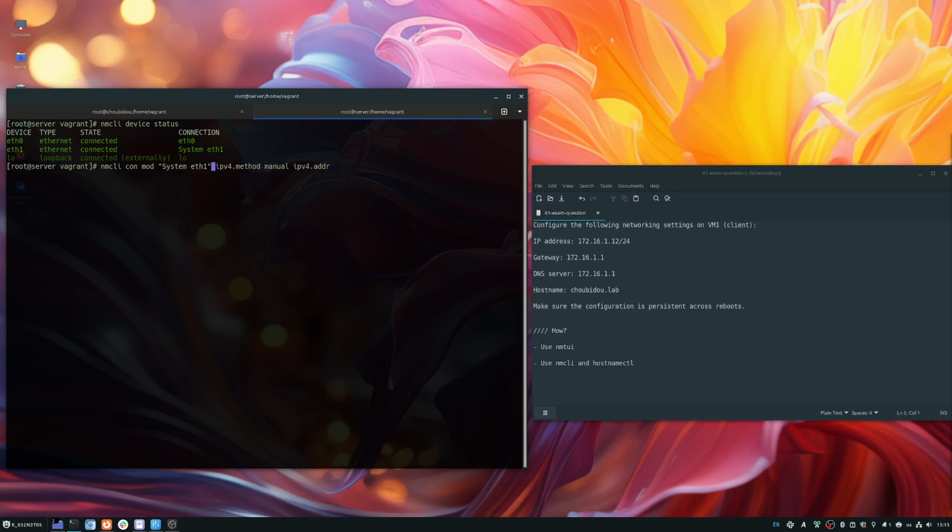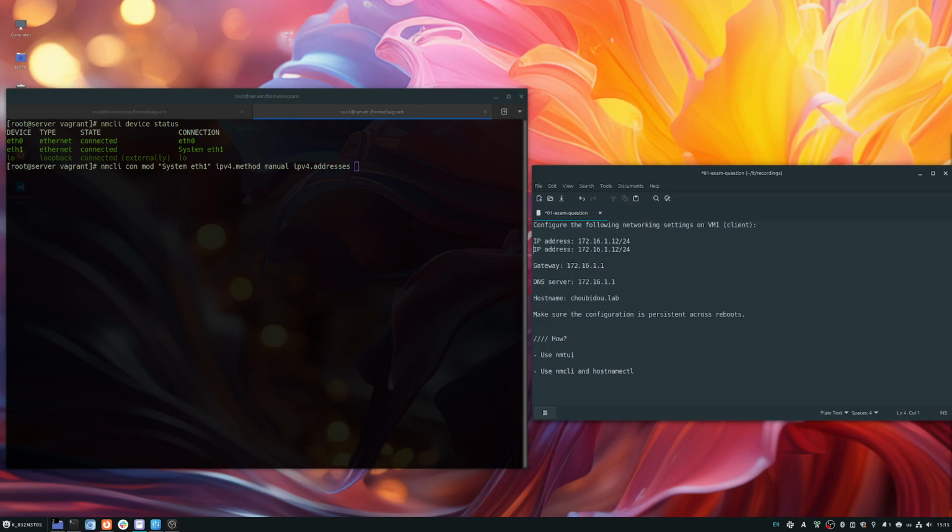So for instance here, system @1, because we choose connection, modify, and then IP for method manual. IP address, as you see, if I do tab, it will autocomplete, and then you give the address. So we said we want, okay, we might change this one. I will just do like this. Second one,